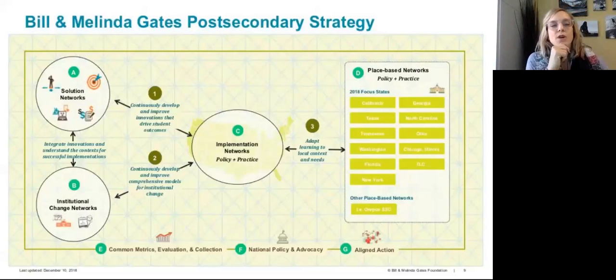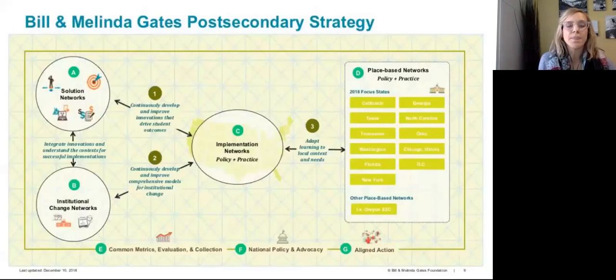So A is solution networks. And you can see the interaction between A, B, C. So the solution networks, if you think of a solution as almost a service area or an idea for organizing services, the Gates Foundation is creating investments in areas that we all have deemed critical for implementation of guided pathways.